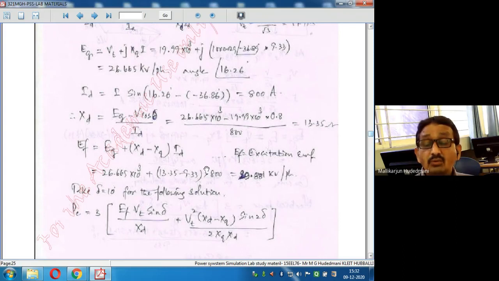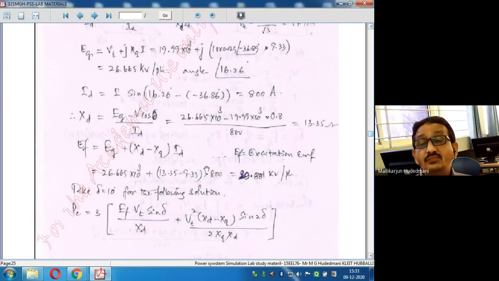Then the active power transferred from bus 1 to bus 2 can be written as P12, which refers to power transfer from bus 1 to 2, equal to the product of voltages V1, V2 divided by X. V1, V2 divided by X represents the voltages of bus 1 and bus 2 divided by the path reactance, into sine of the angle between both voltages, sine delta 12, where delta 12 is delta 1 minus delta 2, wherein delta 1 is the angle associated with V1 and delta 2 is the angle associated with V2.